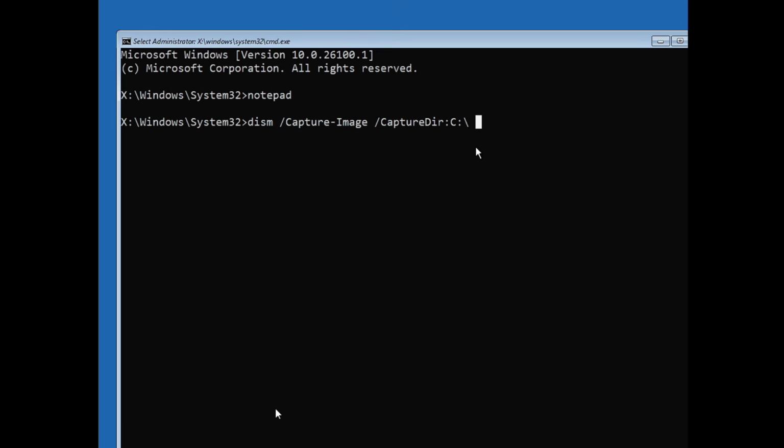Okay, so I will type C:\, then a space, then /imagefile: and then I have to type the drive letter where I want to take the backup. So this is my destination file, so I will type D:\ again, then win11backup